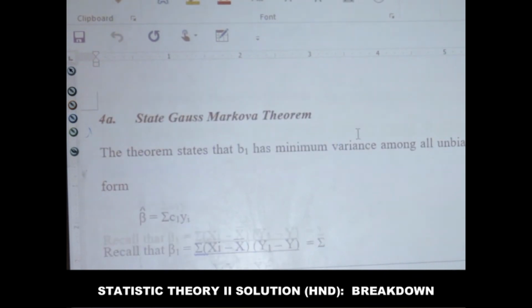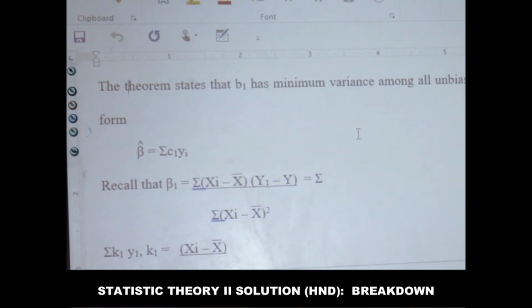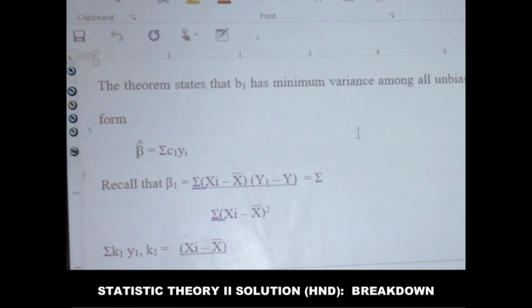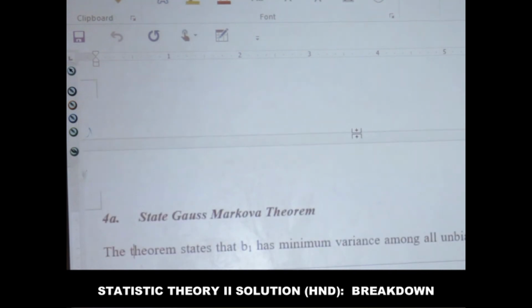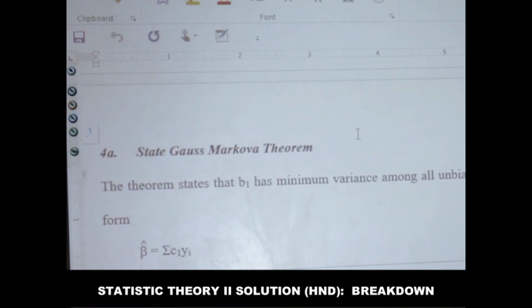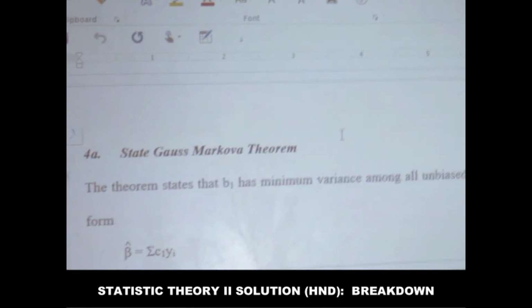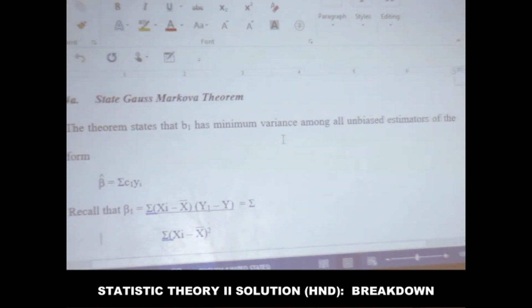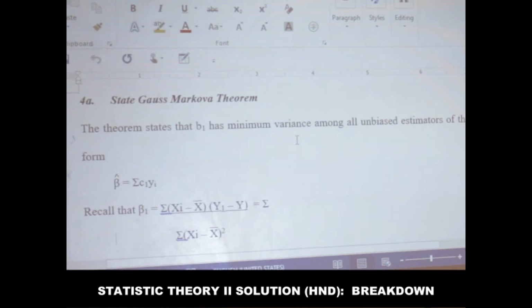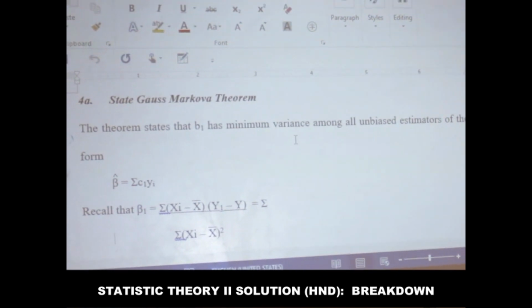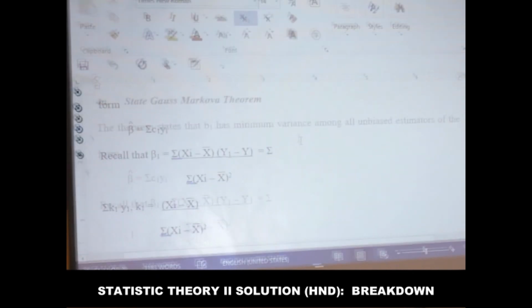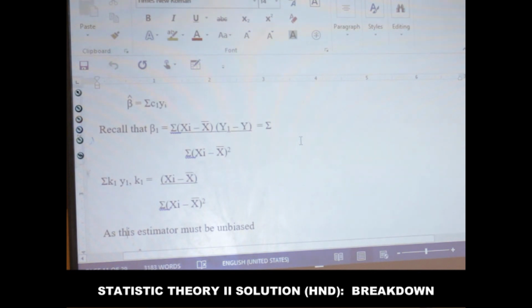Now we have question 4, which says we should state the Gauss Markovian theorem. The theorem states that B1 has minimum variance among all unbiased estimators of the form. Now this Gauss Markovian theorem is closely related to the least square estimator. Just a few differences. Our beta, we have a summation C1